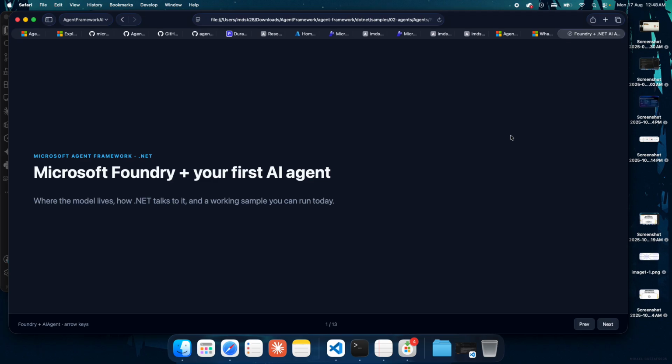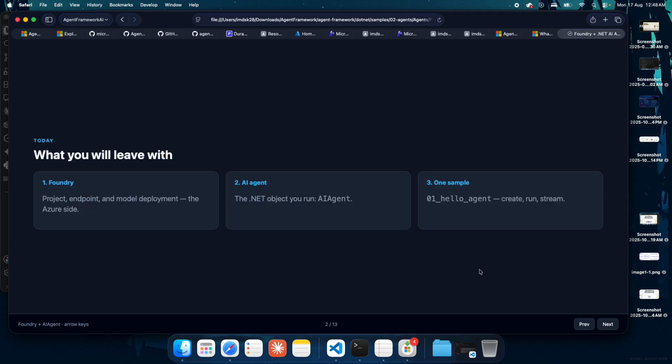For the first video, we have Microsoft Foundry, which is a marketplace where you can have the LLM created, and you use that LLM within this agent framework. With the Microsoft Agent Framework, it is not just Microsoft Foundry. You can also interact with Anthropic, OpenAI, and other LLM providers, and it has flexibility for it.